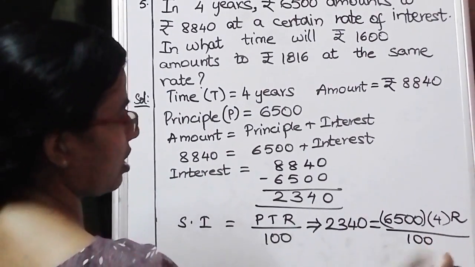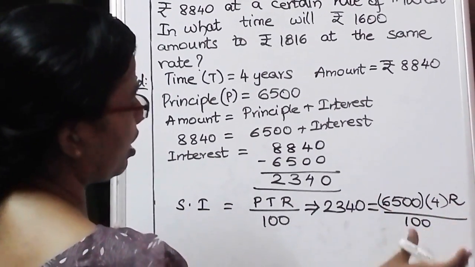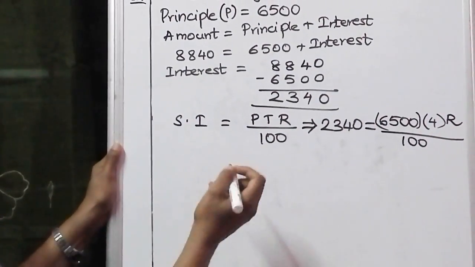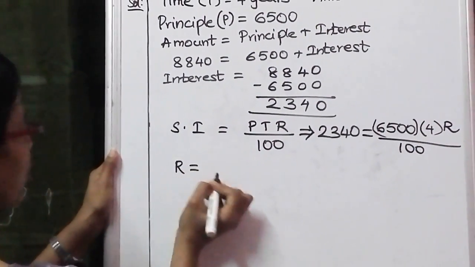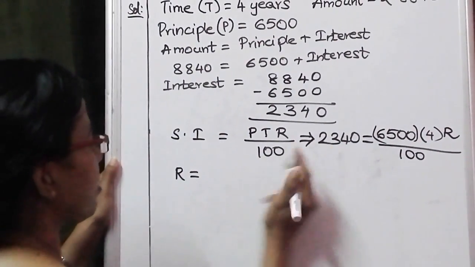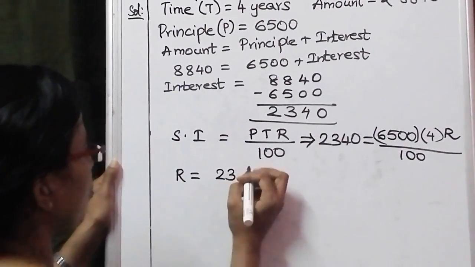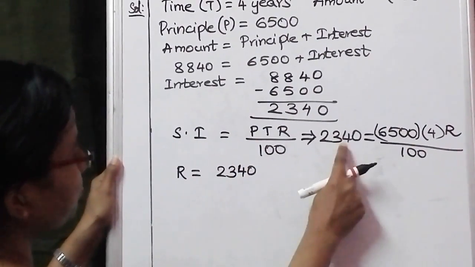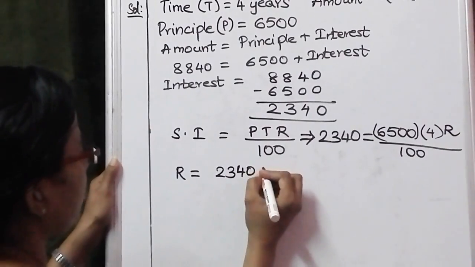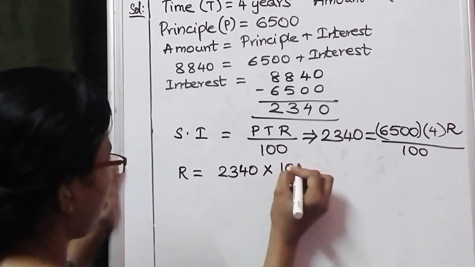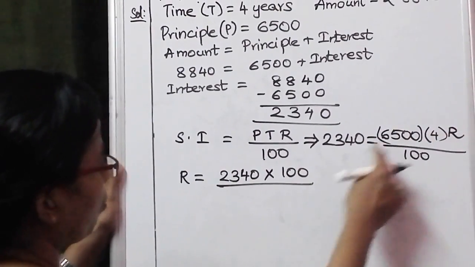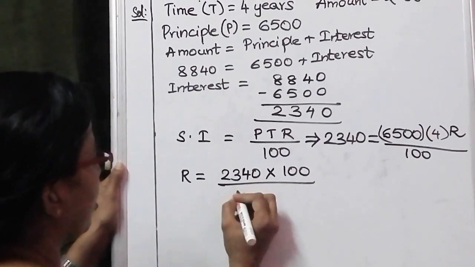So now in this, let us keep R to one side and take the remaining things to the other side and solve it. So R is equal to rate of interest, we are keeping it there. So to the other side you have 2,340. Division, when it is transposed to the other side, it becomes multiplication. So into 100, whole divided by multiplication, when it goes to the other side, it becomes division. So it is